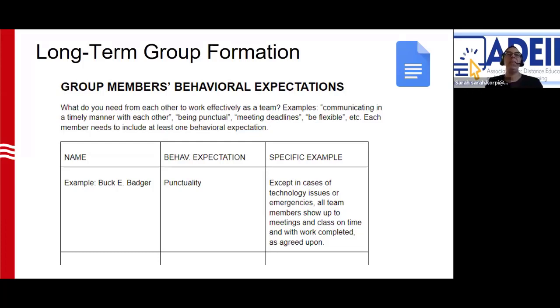So this is, again, in the handouts in the Google Drive, but this is some examples of the group members' behavioral expectations that we set out in the long-term group formation. And you'll notice that, again, the language that I'm using here is English. This is so that students were able to connect about how they were going to work together in German, and so they were able to fully express themselves and their needs and their strengths and make sure that the group came together in a solid way before diverting off into the target language.